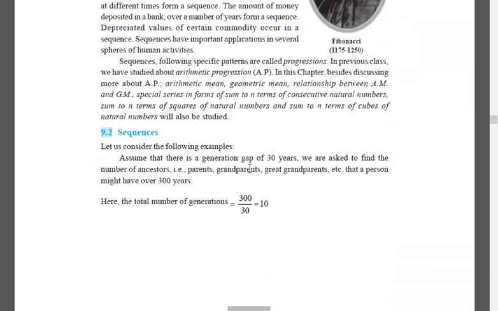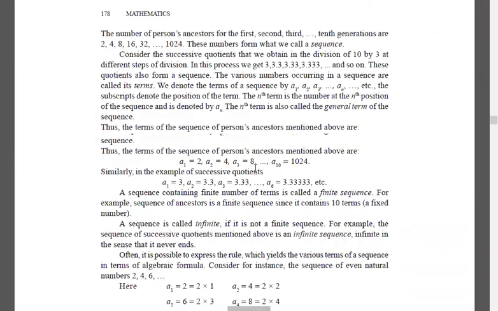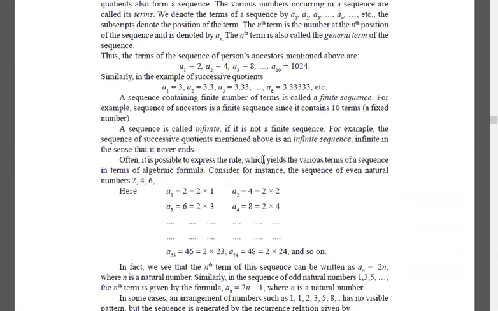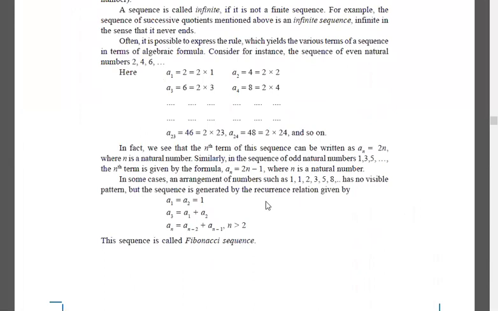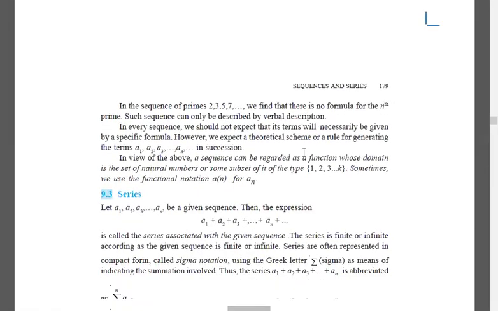What have you studied? We studied what a sequence is, right? Then terms a1, a2, up to an. We have a finite sequence, in which we have finite terms, and an infinite sequence, in which we have infinite terms. In the last class we studied a sequence in which each next term is the sum of the previous two terms. It is called the Fibonacci sequence. There are many other sequences, like the Maclaurin series and Taylor series, which we will study next year, not this year.